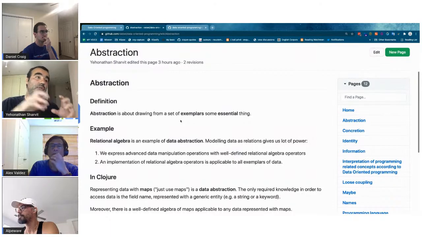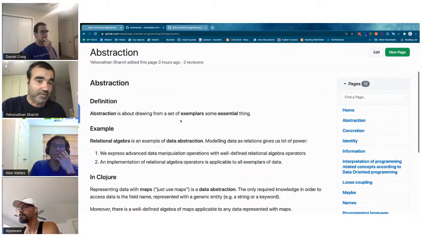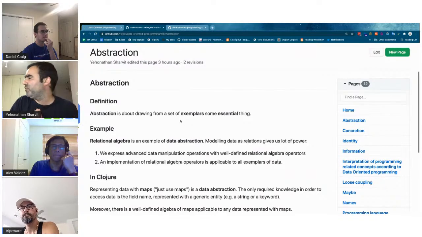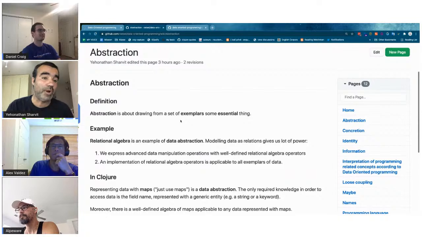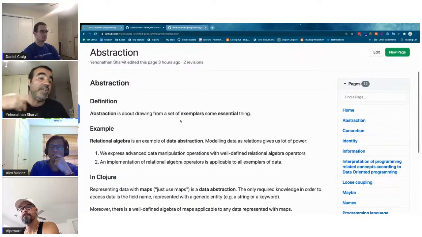Imagine you don't have the relation abstraction, the table abstraction, or any abstraction. You just have the data itself. It will be very painful to write the code that handles all those queries. And you will have to write it again and again for every kind of entity, even if the question is the same.